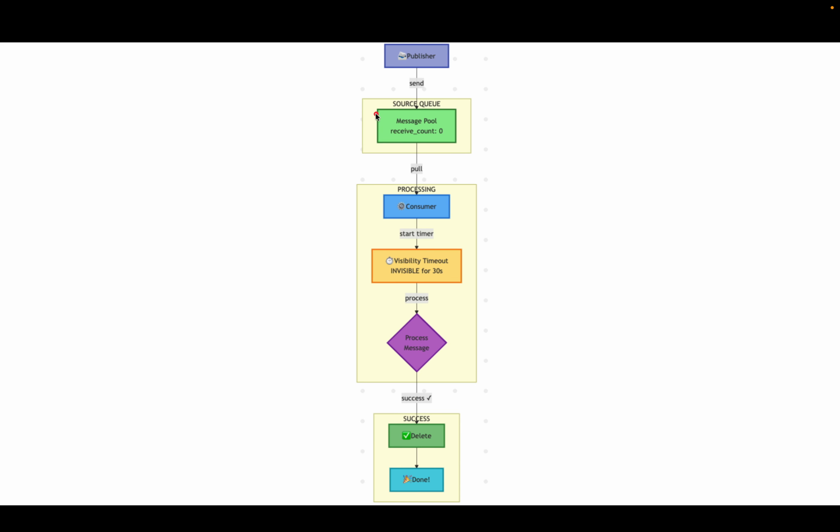So now I hope this is clear: once the consumer reads the message from the source queue, it processes it. Till the time it processes a particular message, that message remains invisible to other consumers. And if the processing is successful, the consumer then deletes this message from the source queue, and this entire thing is done. But what if